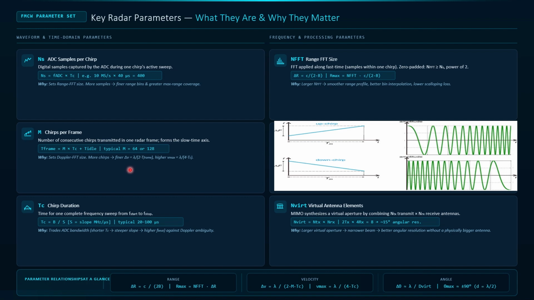So you see here 64, 128, these are the numbers typically you go for. And you know how many targets it can resolve? 64 chips are going to resolve 32 targets. 128 is going to resolve 64 targets, meaning if you want to see 64 targets in the environment, you have to have 128 chips. Okay, so anyways, you are going to transmit 128 chips, and the whole time it takes,